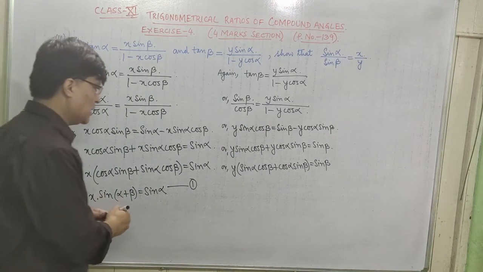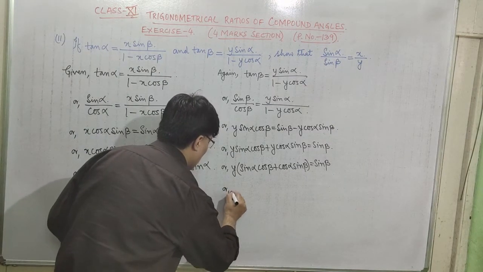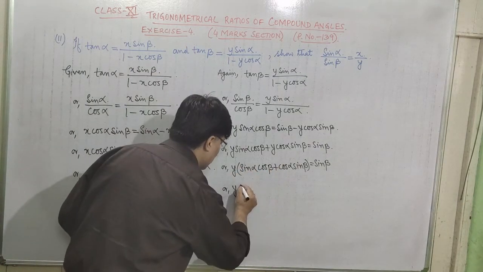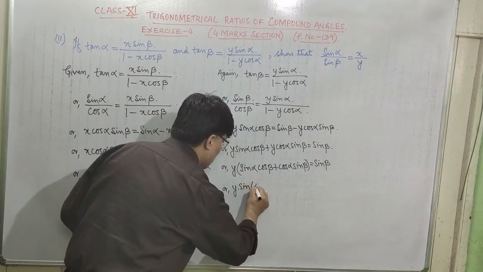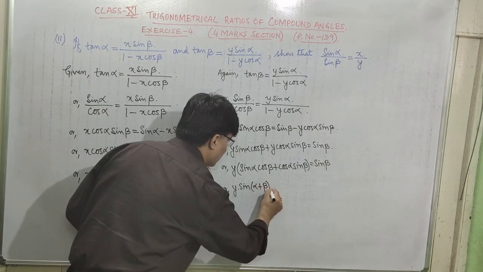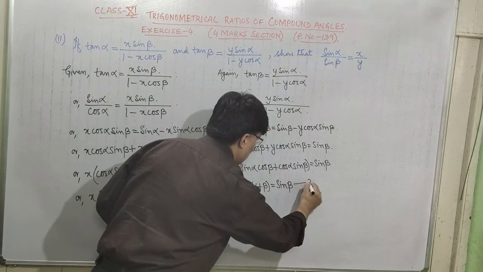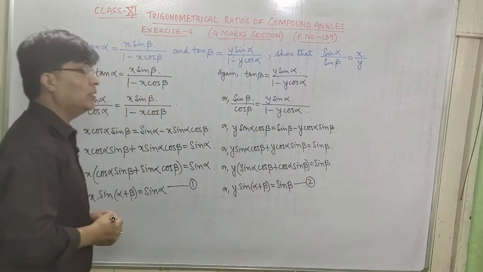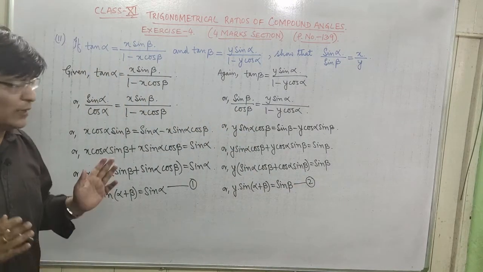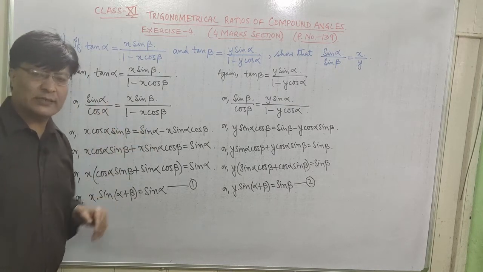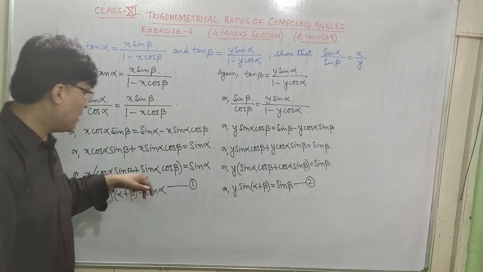Understood? So let us simplify it. This is the formula: sine a cos b plus cos a sine b. What is the formula? Sine of a plus b is equal to sine alpha cos beta plus cos alpha sine beta. So let us mark it number 2. So we have simplified the first given condition and the second given condition, and we have marked them as